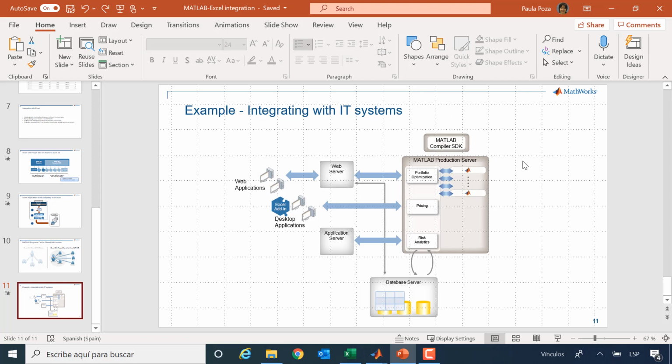IT would place it in a directory with all the other CTFs from different functions. One can value a derivative, the other one can calculate a value at risk, etc. And here is the person who wants to call that function from his spreadsheet. So this is the client, and here is the server.